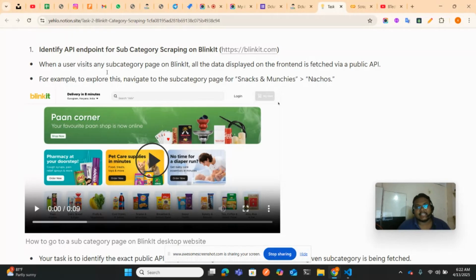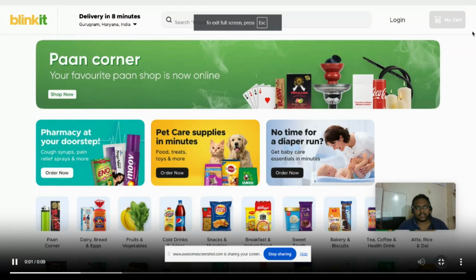When a user visits any subcategory page on Blinkit, all the data displayed on the front end is fetched via a public API. For example, to explore this navigation, navigate to the subcategory page for snacks and munchies, nachos. So if I click on this video and if I open this, what they are doing is like,